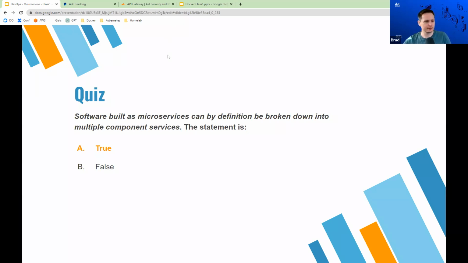So that is the quiz, and that is it for the class today on microservices. I know it was a lot of lecture. I know everything was sort of like pie in the sky, concepts and everything. But I think it sort of lays down the foundation of what we're going to get into, which is going to be Docker and containerization and Kubernetes. And the stuff coming up is a lot more exciting, in my opinion. And we're actually going to deploy microservices.